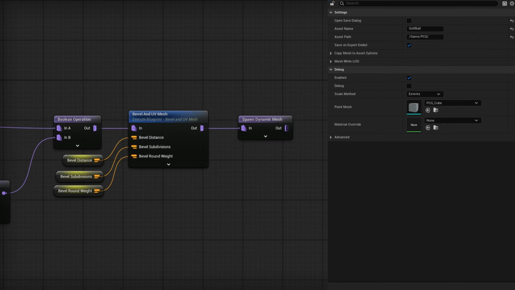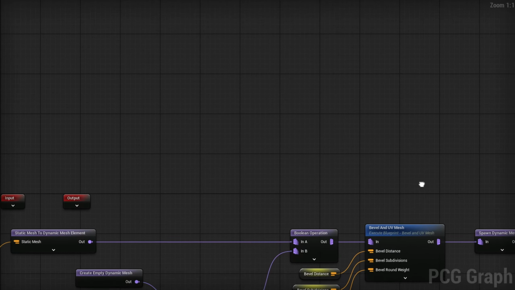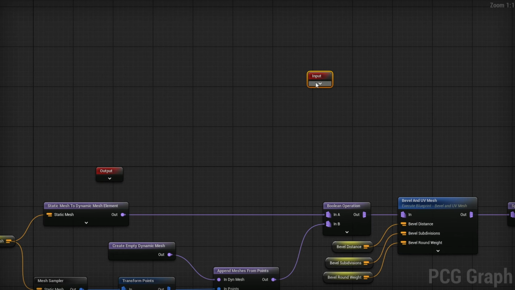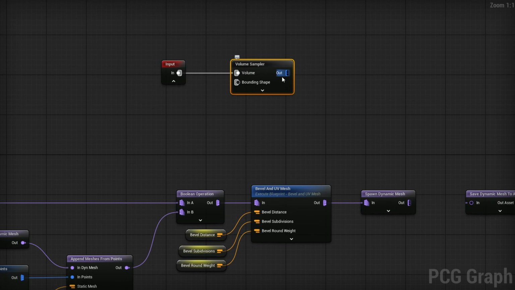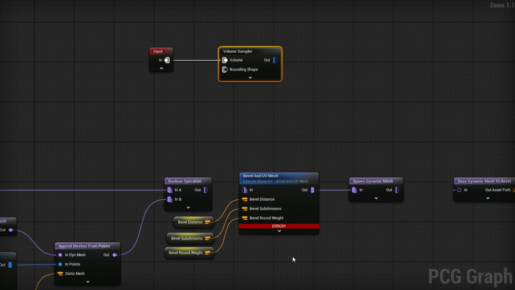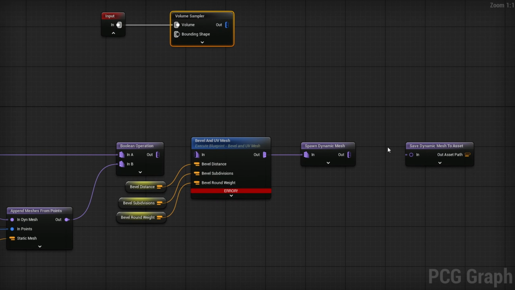So now let's go ahead and scatter this static mesh that it's saving all over the place. For that, I'm going to take our input, open it up, and grab ourselves a volume sampler. Now, as I'm doing this, every single time I'm changing something, it is recomputing this node, which is also quite a bit expensive. So I'm actually going to detach this as well. It's going to complain, which is fine, but now it is no longer computing this on every single node I'm changing, and I'll replug these in